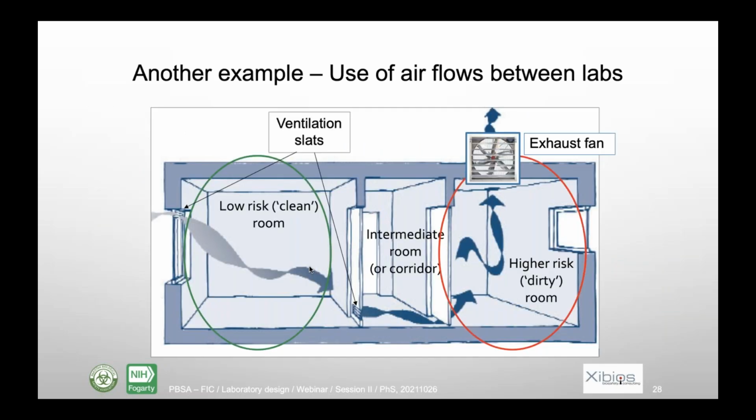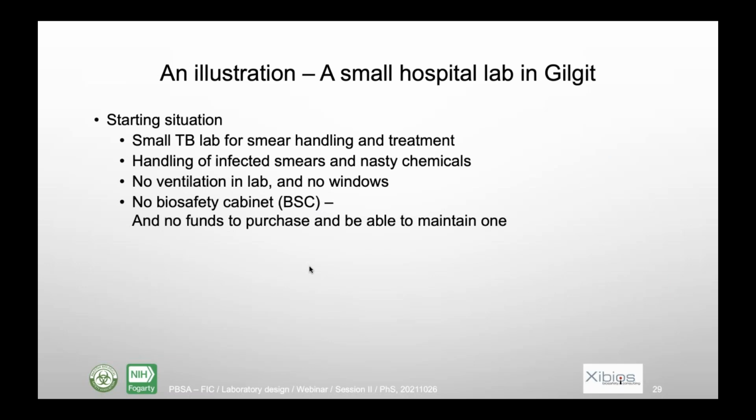अगली तस्वीर में अगर आप देखें, इसी तरह मुख्तलिफ कमरों के दरमियान हवा के बहाव की नकलो हरकत पैदा की जा सकती है एग्जॉस्ट फैन के इस्तेमाल के साथ। आगे गिलगित की एक छोटी सी हॉस्पिटल की लैब की मिसाल है। उस लैब में एक छोटी सी लैब है, उसमें टीबी के स्मेयर बनते हैं, और उसकी स्मेयर की हैंडलिंग होती है, और इन्फेक्टेड स्मेयर और दीगर जो खतरनाक केमिकल्स हैं वो इस्तेमाल होते हैं। उसमें कोई वेंटिलेशन का सिस्टम या हत्ता कि कोई खिड़की भी मौजूद नहीं थी, और बायोसेफ्टी कैबिनेट भी नहीं है, और ना ही लैब के पास कोई माली तौर पे कुछ ऐसी फंड्स मौजूद हैं जिससे उनको खरीदा जा सके।